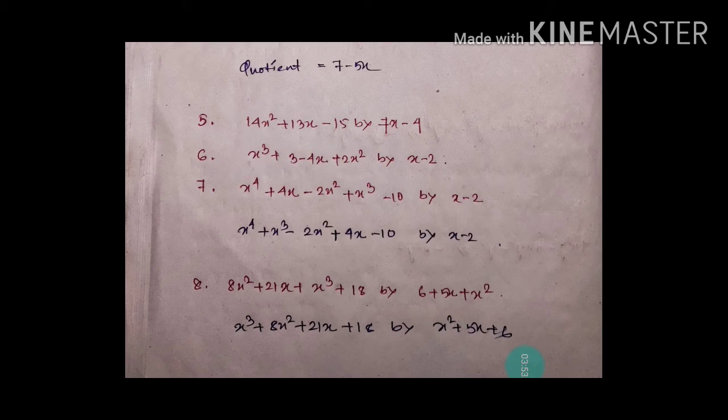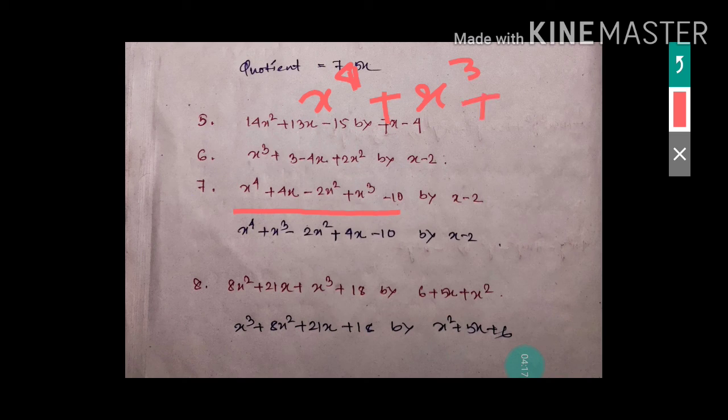So that means while doing the division process you have to arrange both the divisor and dividend according to the degree order. Okay, so see here in this case, first of all you have to write the 4 degree term, x power 4, then the 3 degree term, x cube. If some degree term is not there, then you can skip that term. Next, minus 2x square, next the 1 degree term is 4x, next minus 10. So this you are going to divide by x minus 2.